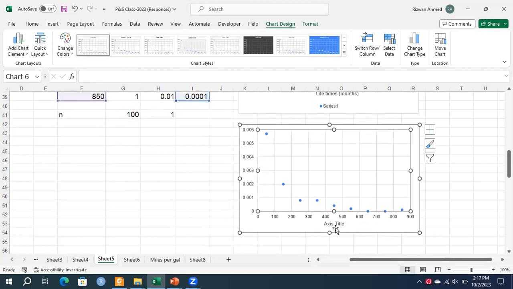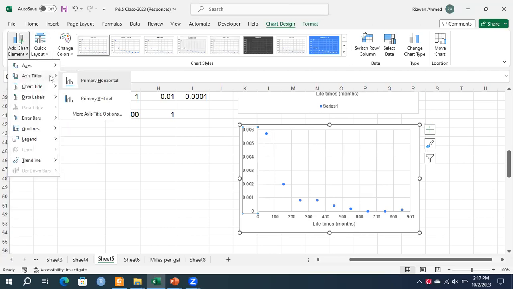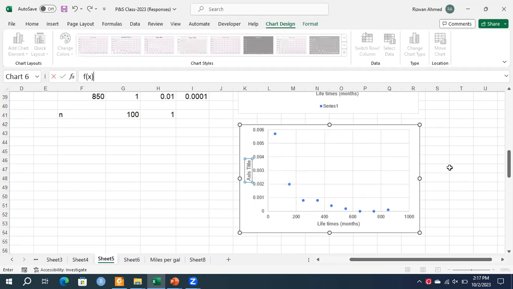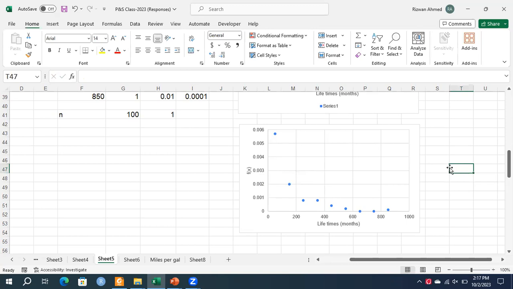The x-axis is again the lifetimes, in months, and for the vertical axis, this is now the probability density function, PDF, and it is represented by f of x. It's a continuous function. Now you are allowed to draw a smooth function